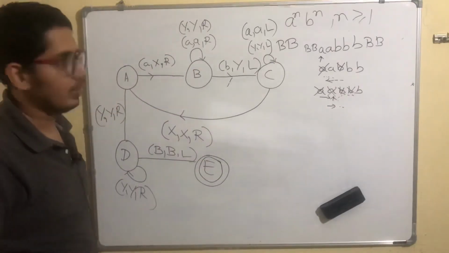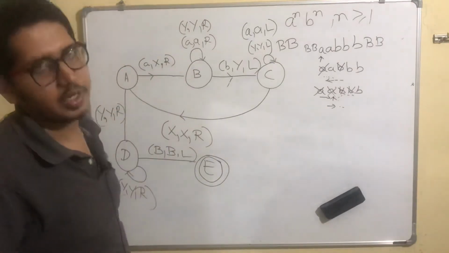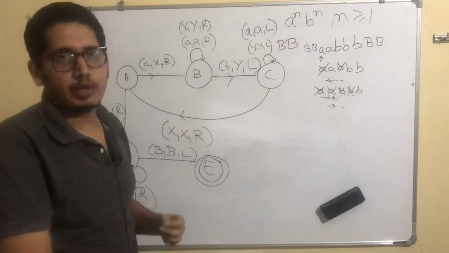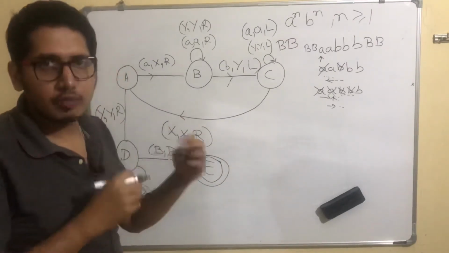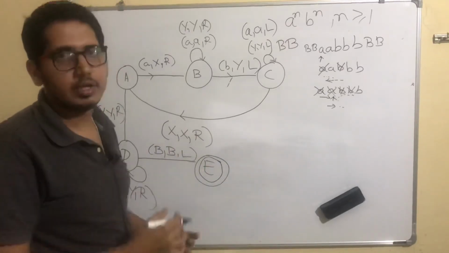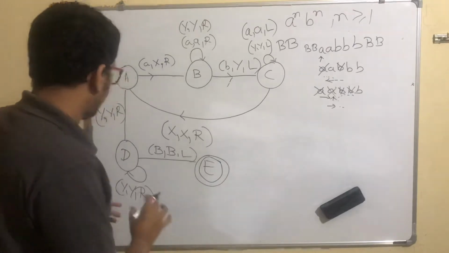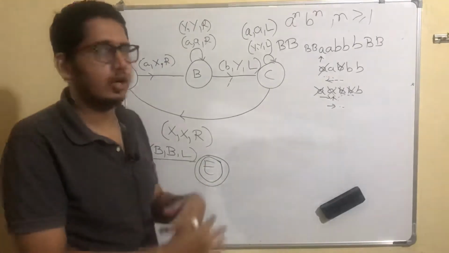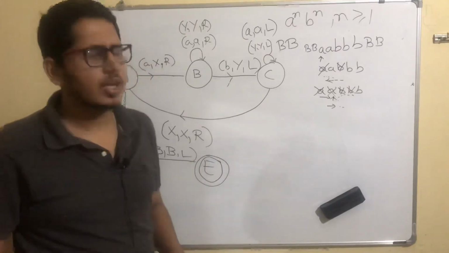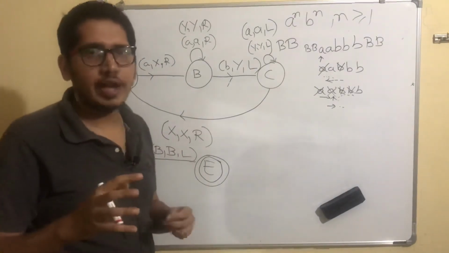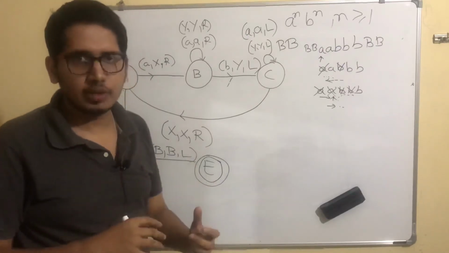We have not written. Why? Because that string is only not there in our language. So we have not given any transition for it. So it's nothing but a dead configuration or indeterminism. So we don't write it here in Turing machines. So what happens? Here the Turing machine halts or it gets into infinite loop. We'll see later, because we have something known as halting Turing machine.